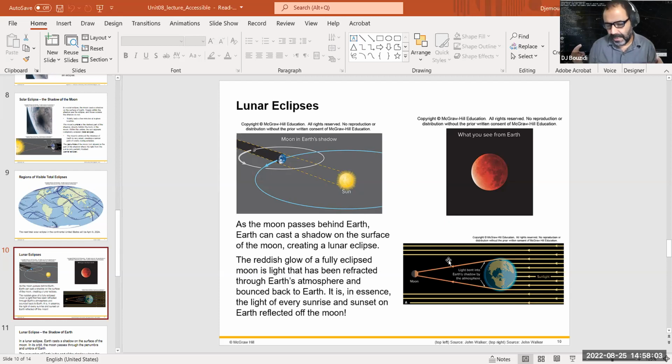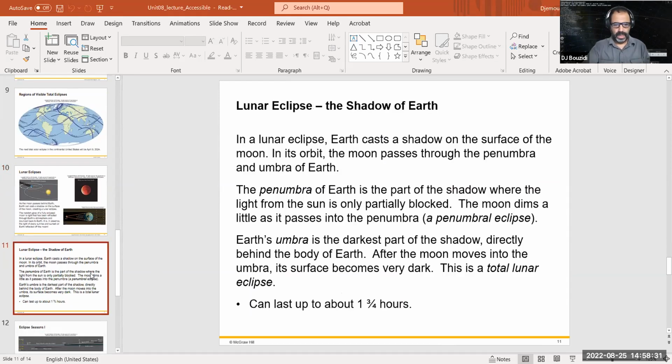Now, this is the same thing true also for the case of the moon when it's a lunar eclipse. The rays actually go through the Earth, and the long wavelengths are scattered. The blue wavelengths are actually going to go straight through, and that is going to continue through, and it's going to miss the moon, but because the long wavelength, the red light, is going to be scattered the most, and that is going to hit the moon, and that's why the moon appears red. It's the same reason for the sunset and the sunrise. Anyway,